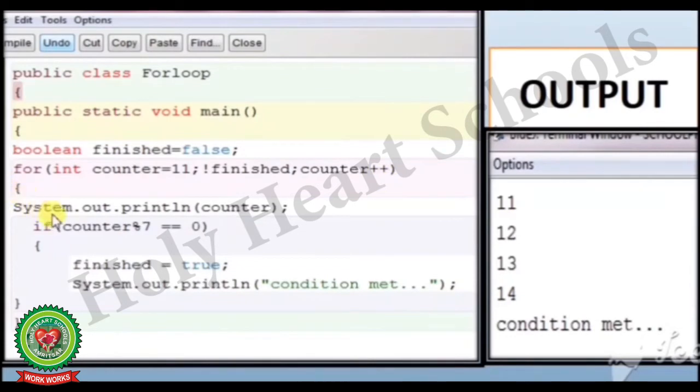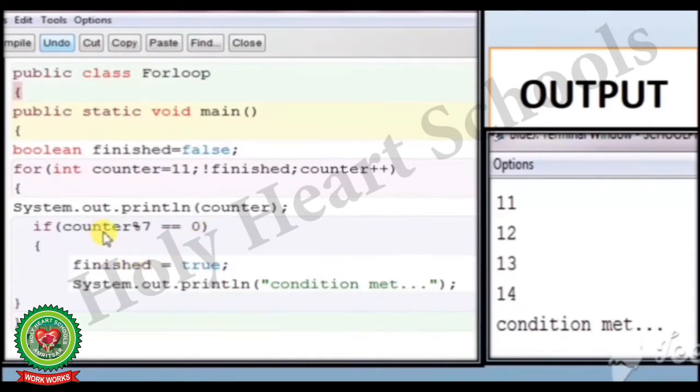Curly bracket start, system.out.println counter. So firstly the value of counter is 11, that is printed on the screen. Now again the condition is there, if counter modulus 7 double equal to 0.